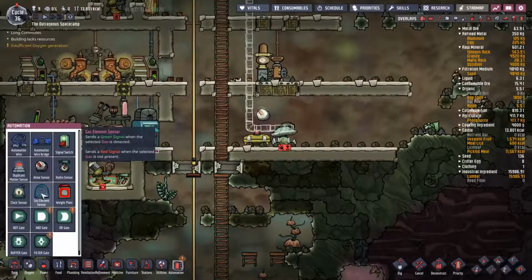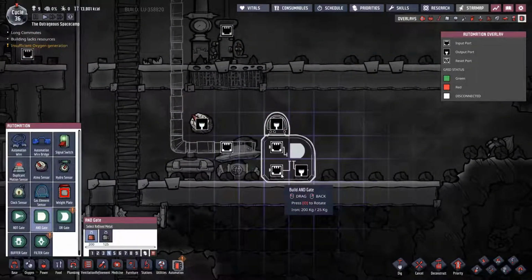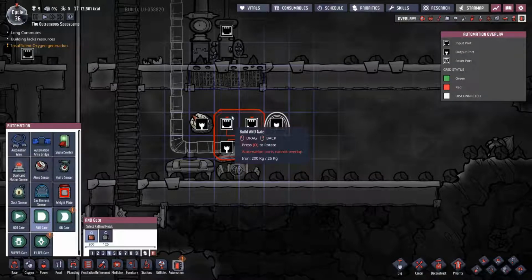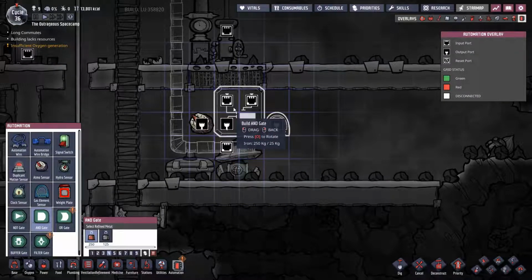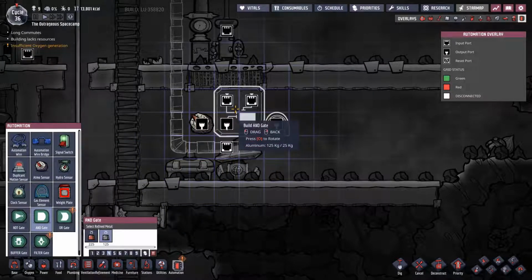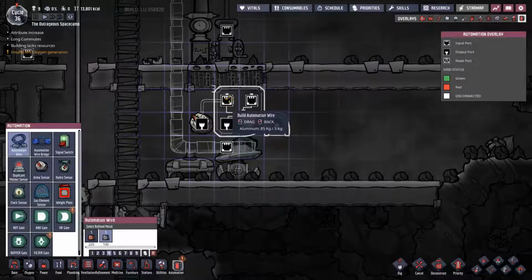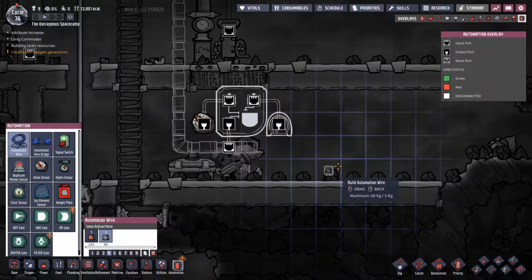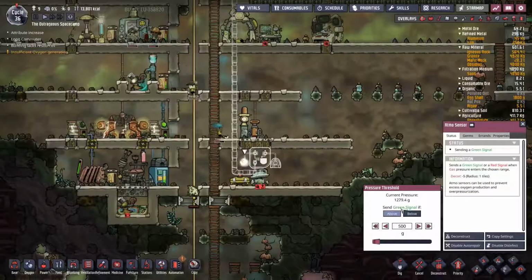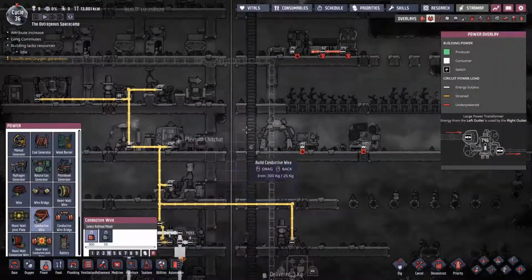Now, automation, we need a gas element sensor here, like that. And then I'm going to build an AND gate. So when both of these gate conditions are met, we tell the pump to run. So that means AND with aluminium, sure, like that. And then hook all the automation up like that, that, and that. So this one, if it's above 500 grams, and yep, power, conductive, let's put in some more